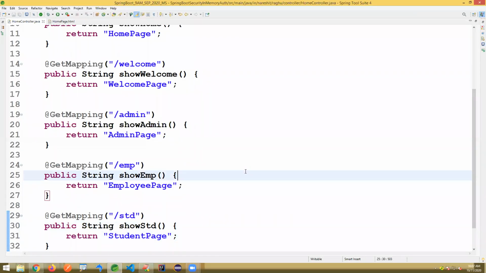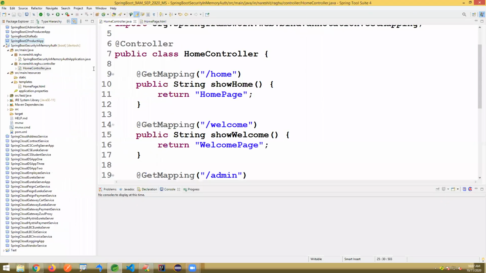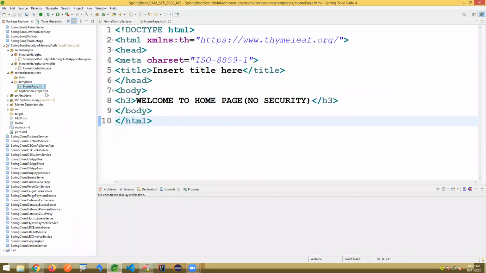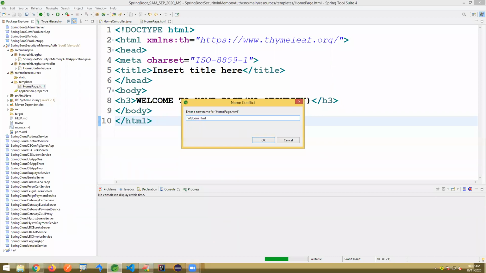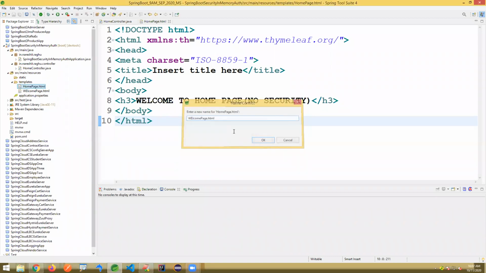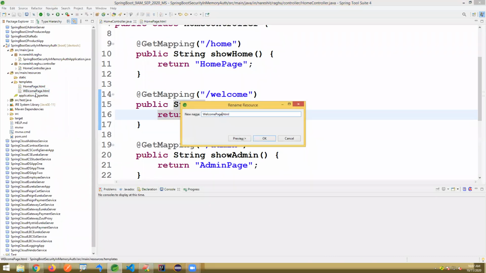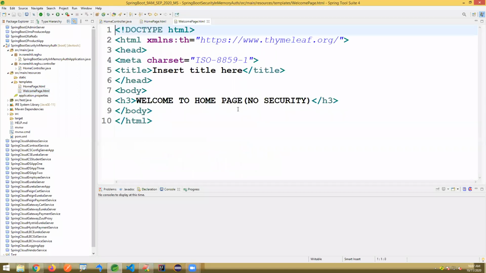Like this, I wrote a controller here, and we have to define all these pages. It's a home page. Next one is a welcome page. There I'm writing welcome page, copy pasting here. This is a welcome page after login success. Everyone can see this welcome page here.